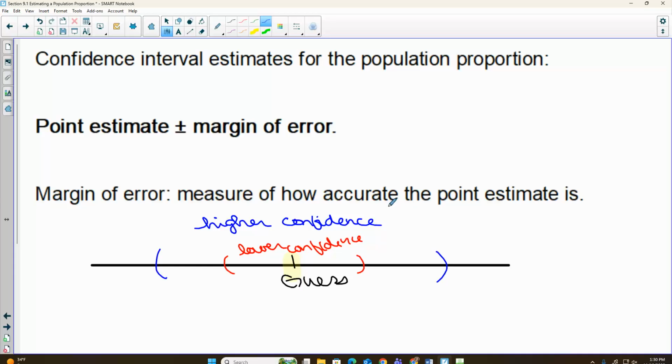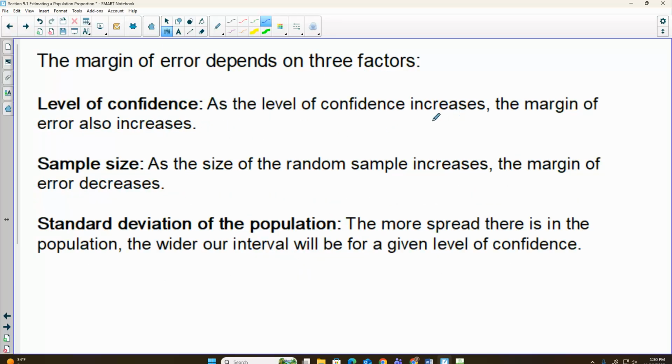Okay, so our margin of error, how big that window is, depends on a few different things. Our level of confidence. So we know a bigger confidence level means we have to have more error. The sample size, we know bigger samples are more accurate. So if our sample is really small, we would have to have a pretty high margin of error. And standard deviation. The more spread out the data is, the less consistent. That would have to be a bigger interval. So those things all play into it when we're trying to decide.